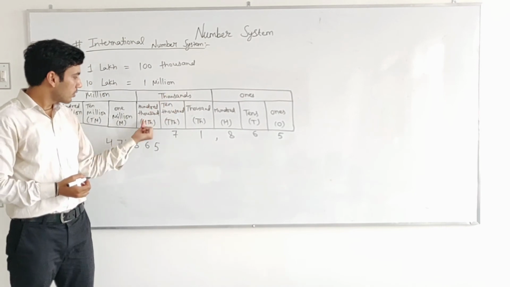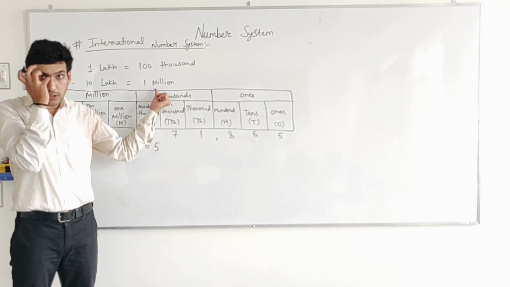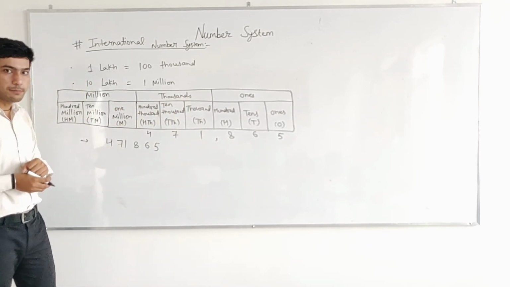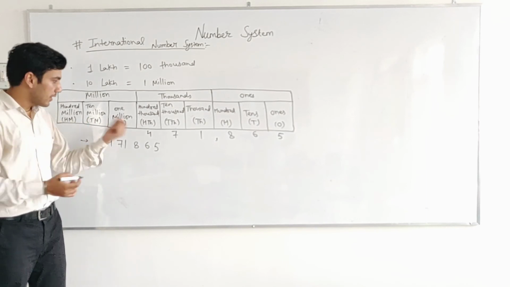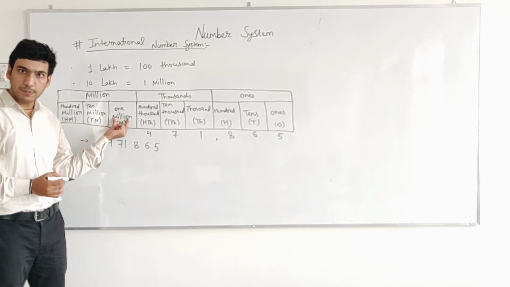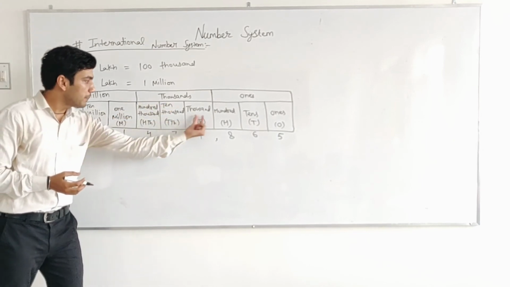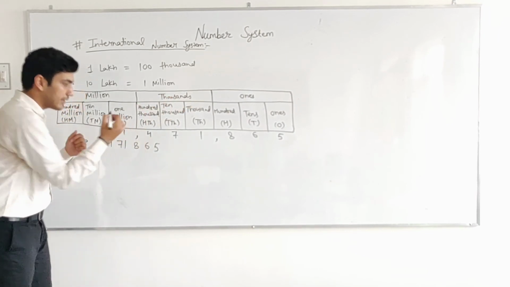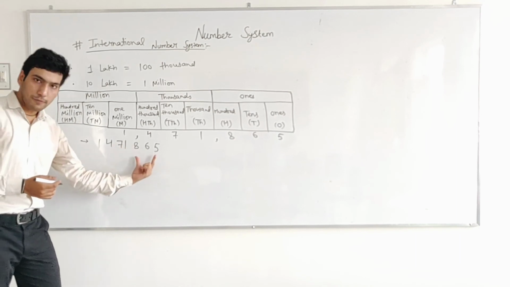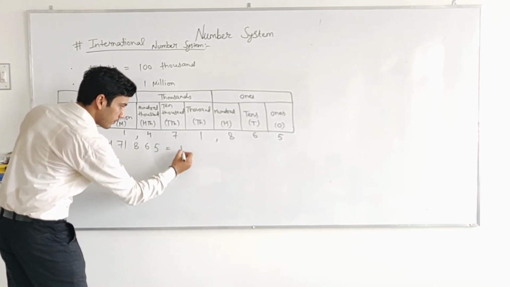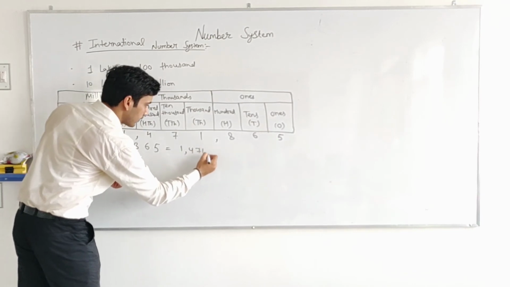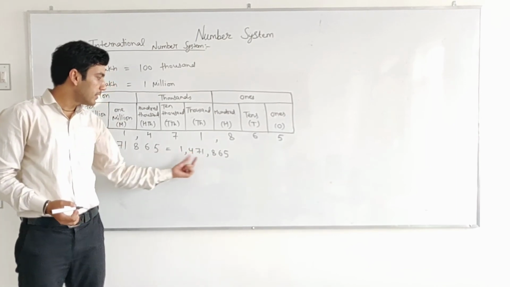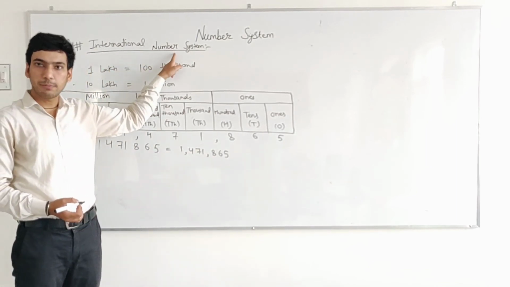Next are these 3 places, and the next period is the thousands period, so these 3 numbers are there. If there is another number, I can say 1 here, so you have to put 1 on the 1 million place. Then how to put the comma? These 3 places contain these 3 numbers, and after this period you have to put a comma. So put a comma here. Okay, students, so what is the comma form of this number? In this way, we can represent any number in comma form in the international number system.